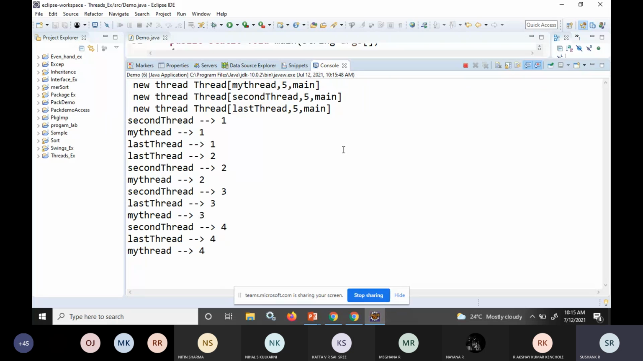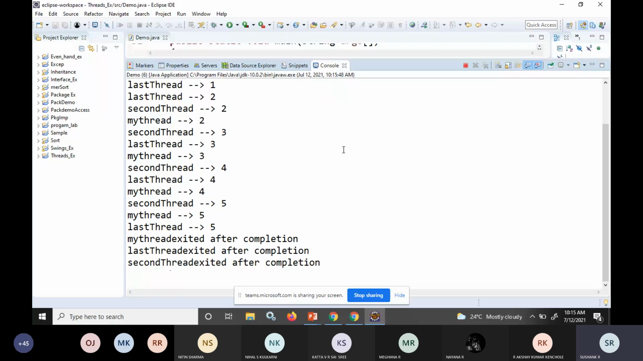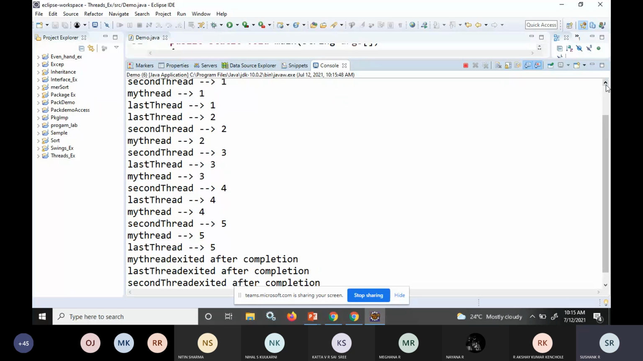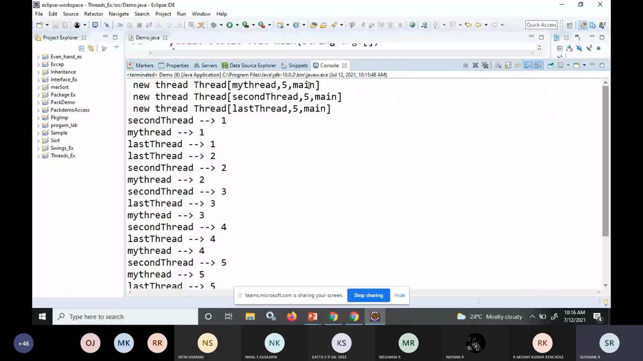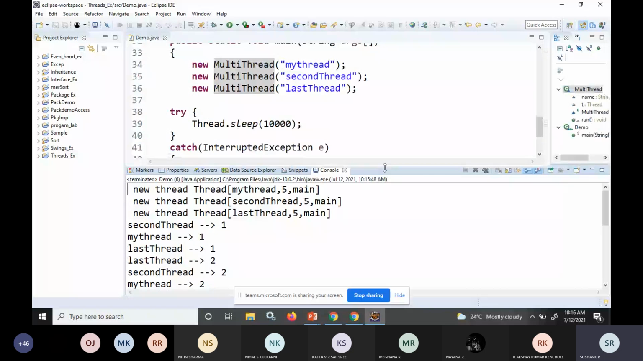You observe the output once. What happened in this scenario was three threads got created: my thread, second thread, and last thread. First, the second thread prints one, then my thread prints one, and last thread prints one. After that, last thread prints two first, then second thread prints two, and my thread prints two. What I want to tell is the order of execution is different. So, in order to simplify this, I'll give the names as one,